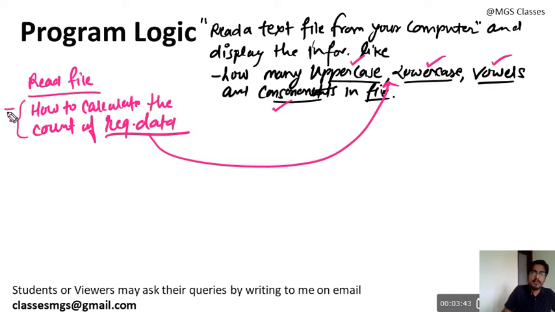If I give you a string, you should be able to know what is uppercase, what is lowercase, what is a vowel and what is a consonant. Then you should be able to identify the count in a single string first. If you are able to count the number of vowels, consonants, lowercase letters and uppercase letters in a string, then you can easily find the same thing in the file, because the file content will also come into a string variable. So these two things you need to understand first, then we will jump into the actual problem.